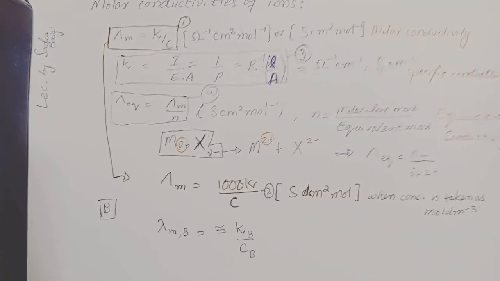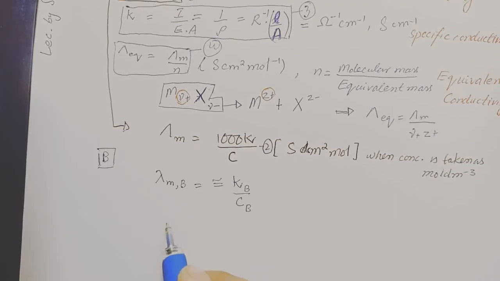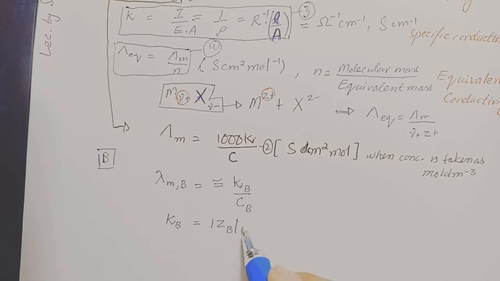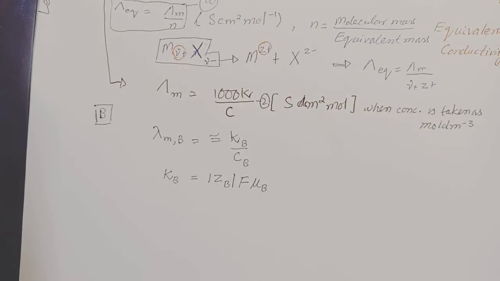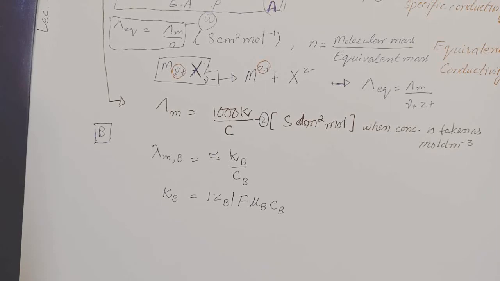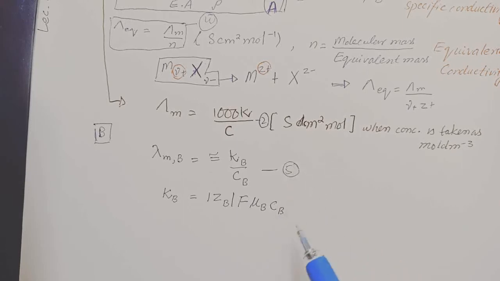We have described in the previous lecture that the mobility of ion B, expressed in terms of the specific conductivity of species B, was actually related to the valency of this ion and Faraday's constant, where UB is the electric mobility of ion B, and the concentration of ion B. So by comparing equation number 5 and 6,